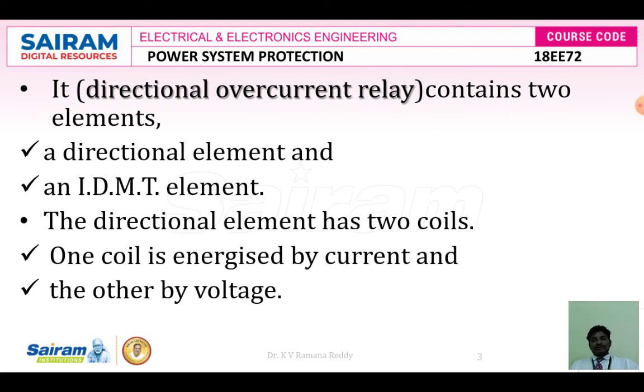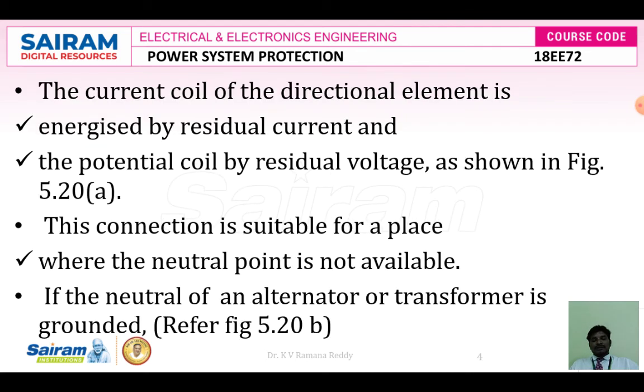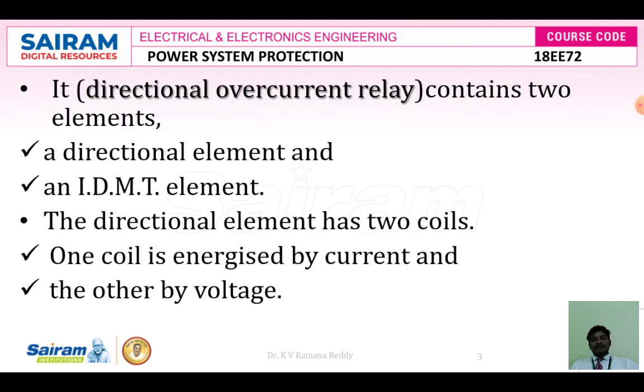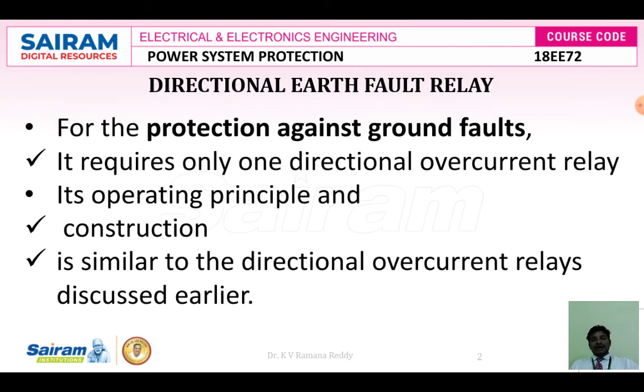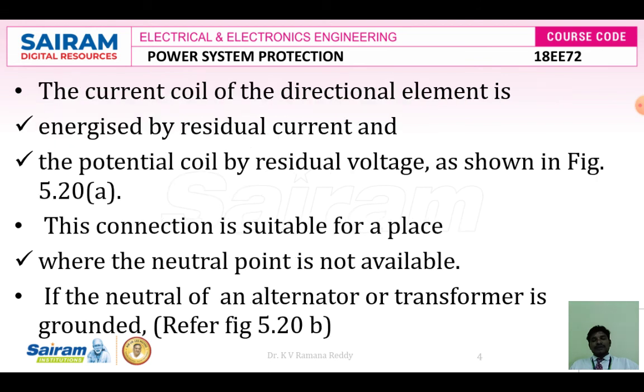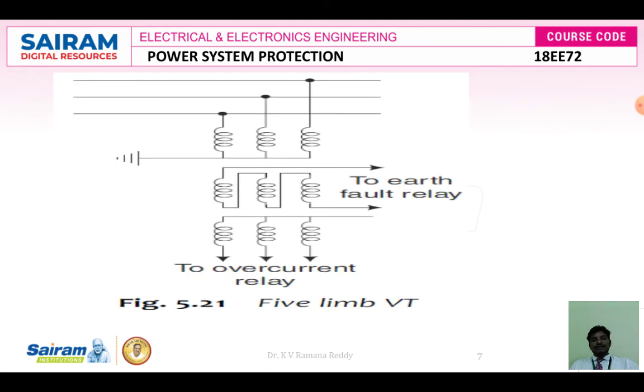Whenever it works for alternators and transformers, if it is properly grounded by a neutral, the residual current is less compared with the phase currents. Under the fault condition, the residual current of the neutral wire is less compared with the phase currents. So earth fault currents are less compared to the phase fault currents at the time of fault condition.